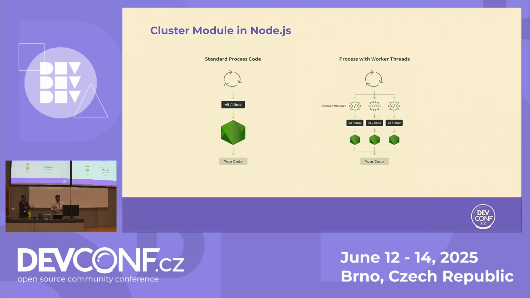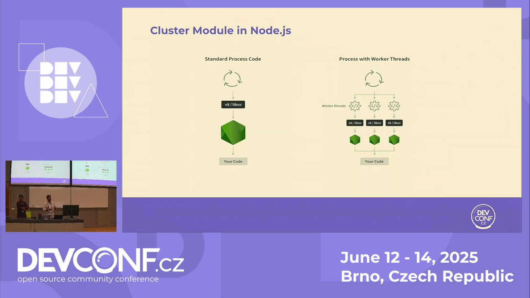Second, what I would love to come across is the cluster module in Node.js. It is one of the most highly used. Consider you have a Node server with one or two users, and it performs brilliantly. What if the users scale to 1,000, 2,000, or a million users? At that moment your Node server might fail, reaching 100% memory usage. So here the cluster module in Node.js is what you could use. It's an inbuilt Node.js module